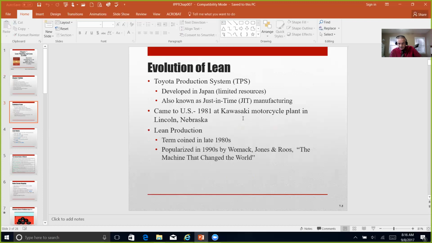So they realized the foundation of what they needed to do with this thing called Toyota Production System and just-in-time inventory. And now you see that just-in-time inventory and this TPS, or Tango Papa Sierra, Toyota Production System, really come into play in more and more organizations throughout the world. And this is where this concept of lean manufacturing really came into play,